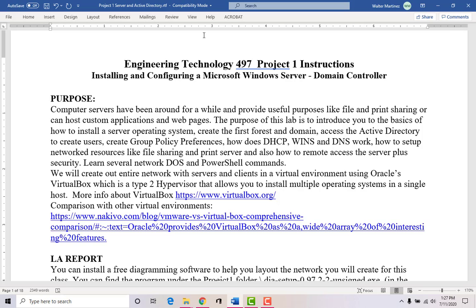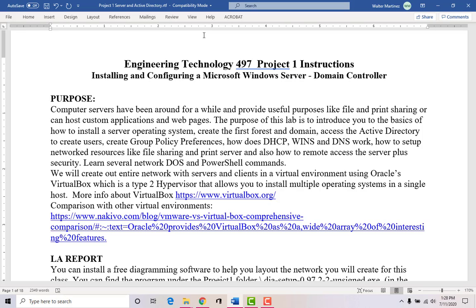So Windows servers have been around for a while. We use them every day. For example, if you're browsing the internet, we are accessing a server somewhere in the world. Servers can also host and share files so that people in an organization can access files that are stored in a particular server.